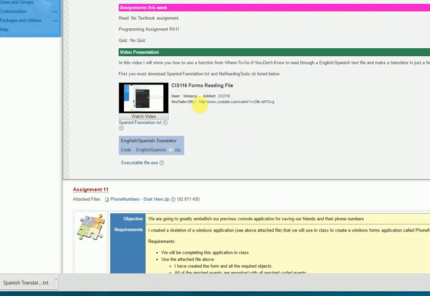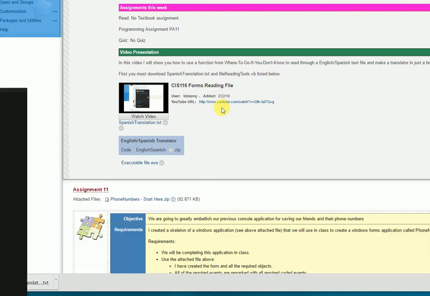This week we're moving on and using Windows Forms and reading and writing files and doing things with that in Windows Forms. You're going to find out it's a whole lot easier than the old console way. Go ahead and open up Visual Studio